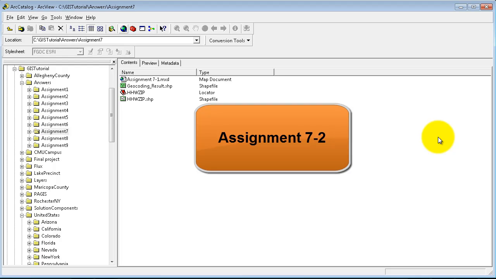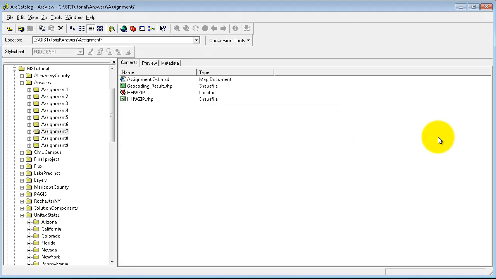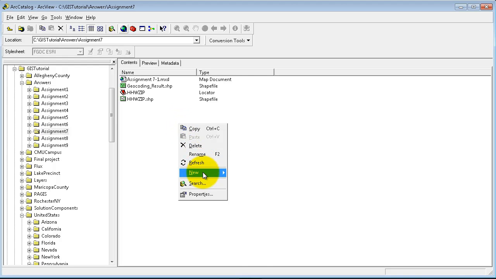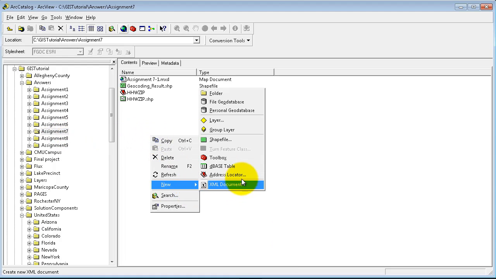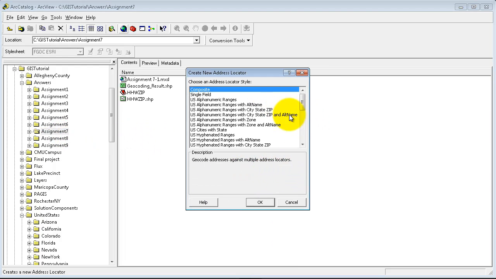Welcome to assignment 7.2. In this assignment we are trying to map ethnic businesses or foreign businesses in Pittsburgh, to see what kind of policy implications that might have. One of the first steps is to create an address locator based on the PGH streets, which is Pittsburgh streets. So I'm going to right click in my assignment 7 folder and create a new address locator,